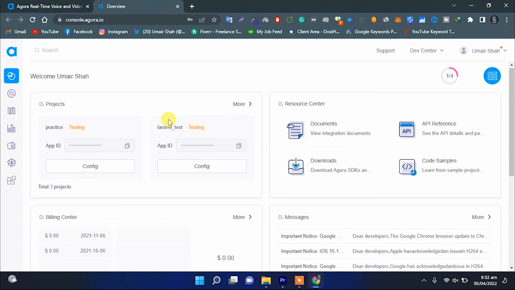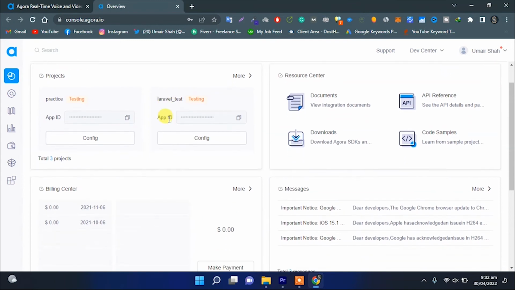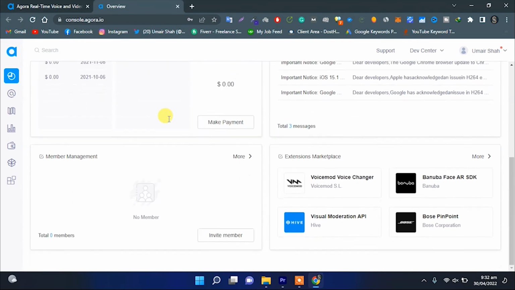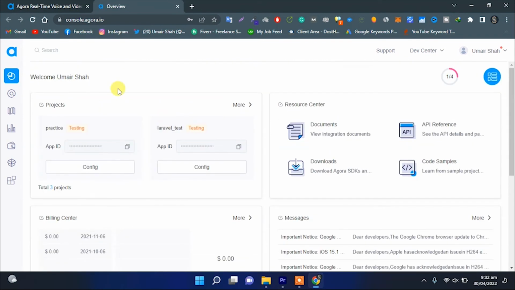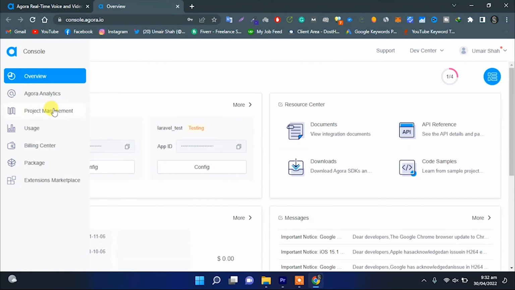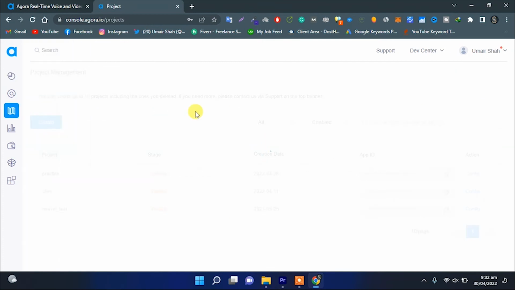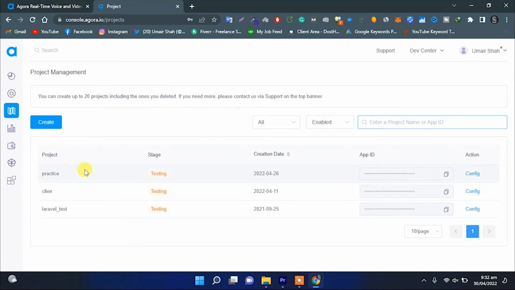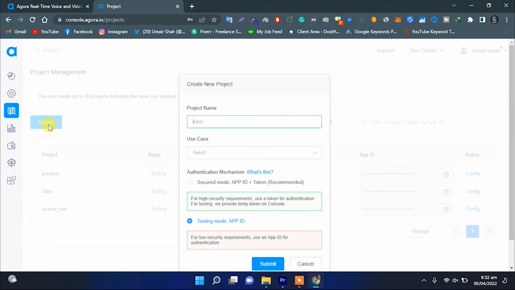I have already account, so I will log into the console. Here is the simple console of that Agora, showing some test project I have created. So here in Agora console section, go to that project management. In project management section, if you have created any project, then it will show there. So let me create a new project